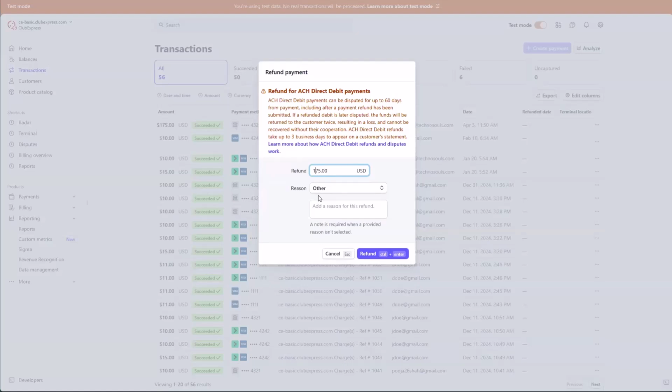We can change the amount here and say I only want to refund them the $75 for that event. And then we would just hit refund. We can give it a reason, hit refund, and it will start the refund process to send it back to their credit card. The important thing to know is that the relationship between Stripe and ClubExpress, the data relationship there,